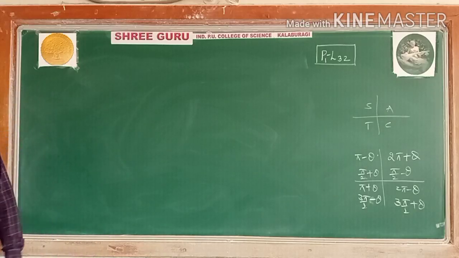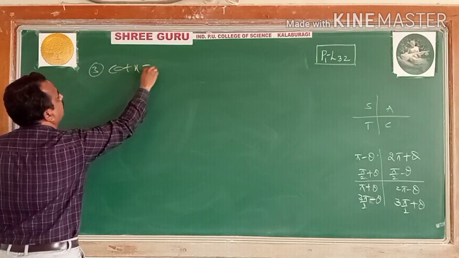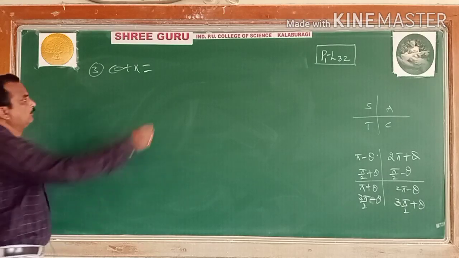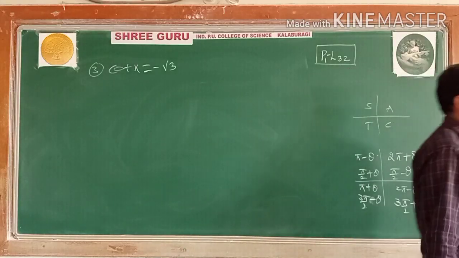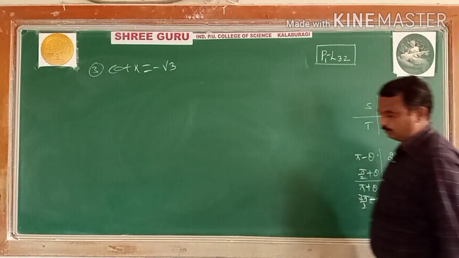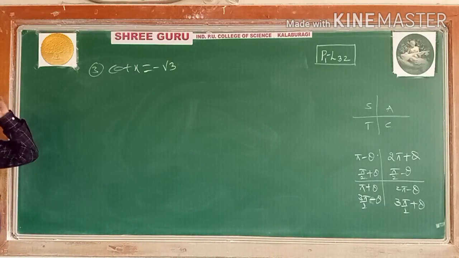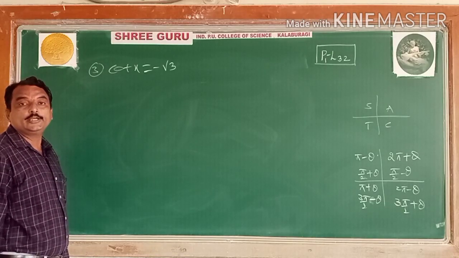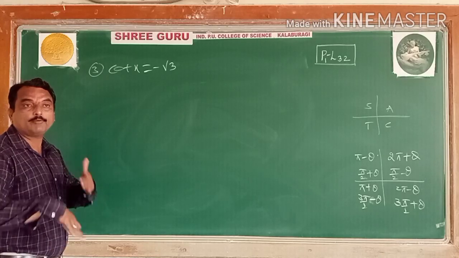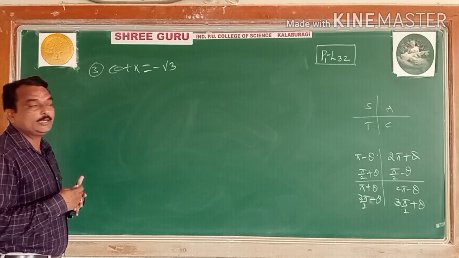Find the principal solutions of cot x equal to minus root 3. Let us see this value: it is negative. What is cot of root 3? 30 degree. Otherwise, see the reciprocal of cot, tan x equal to 1 by root 3, which you just calculated as 30 degree, pi by 6.